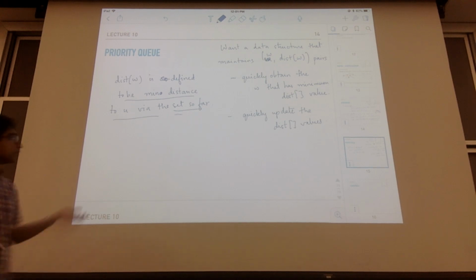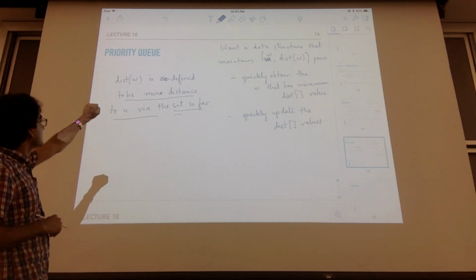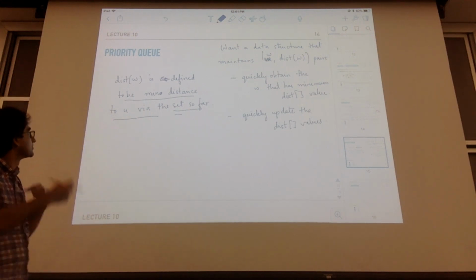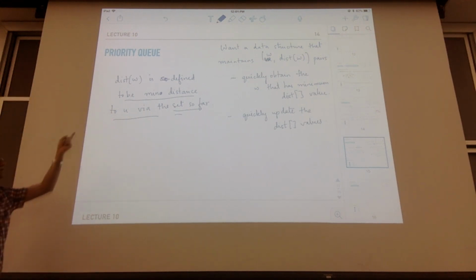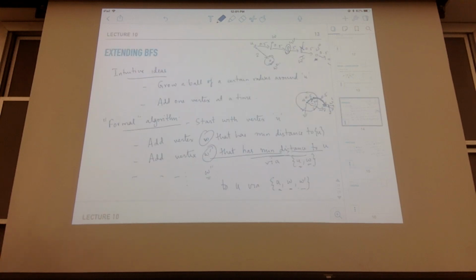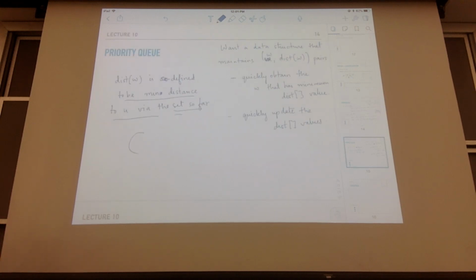So in each step you want to find the vertex W that has the minimum value for this notion of distance. And now these distances get updated because when you add a new vertex, so you have this set that you are building. When you add a new vertex, let's call it,